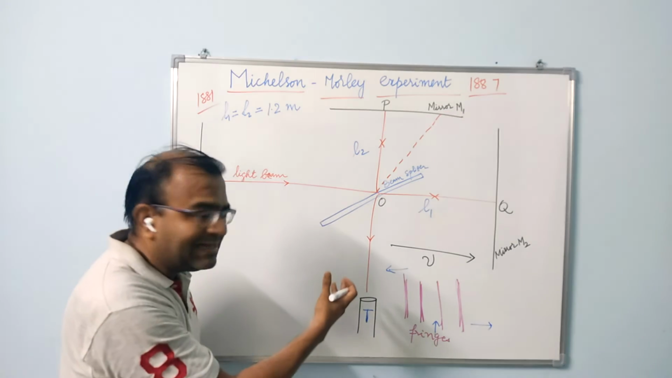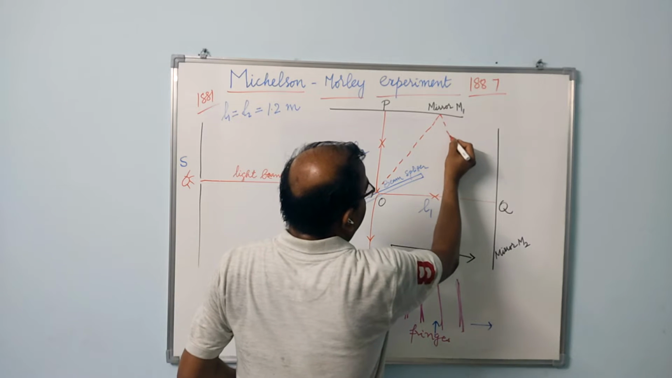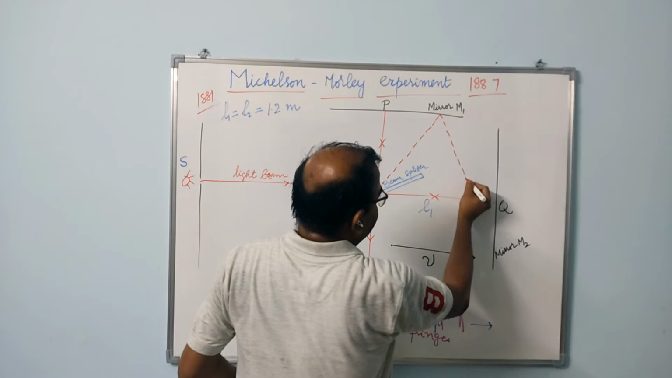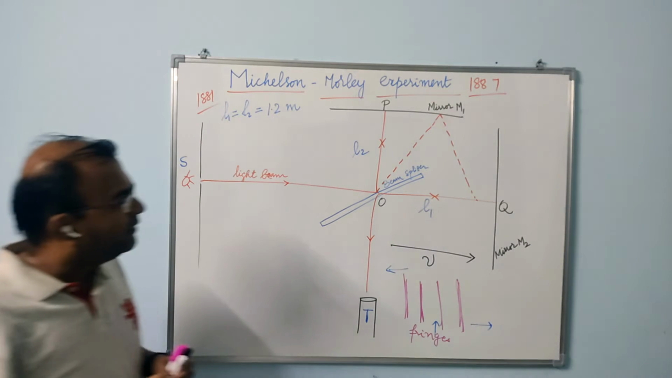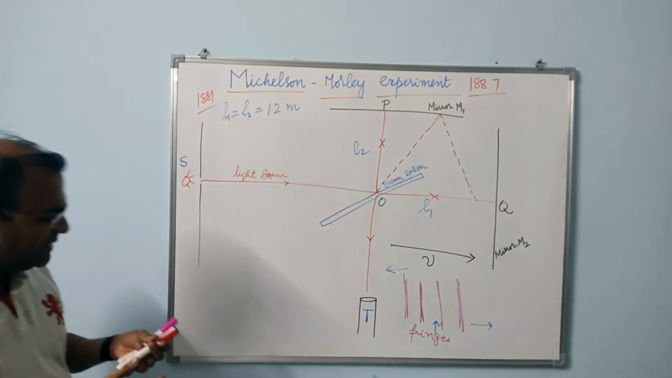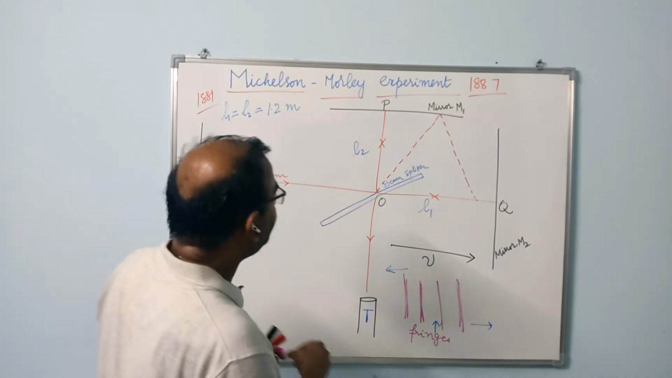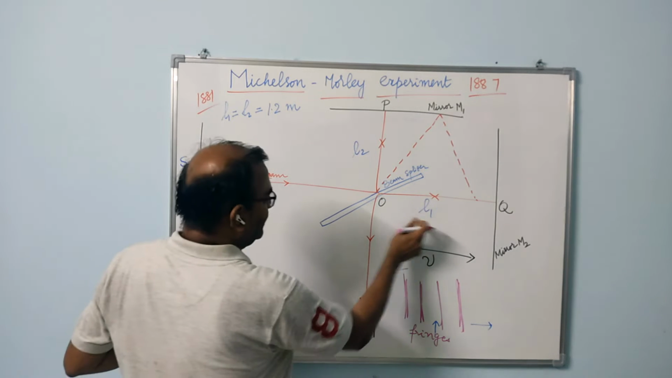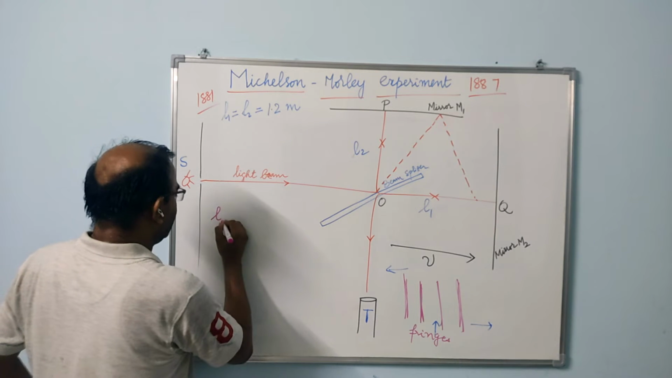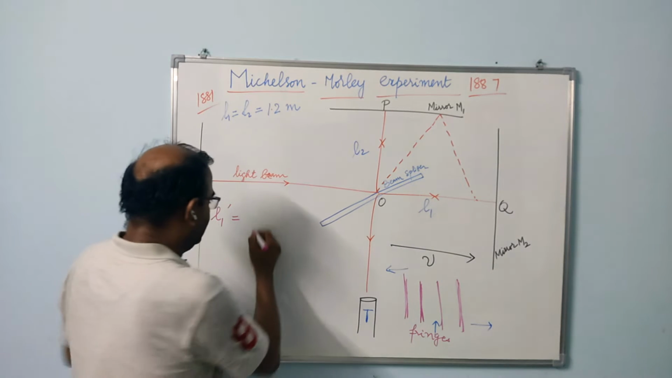This is a bit exaggerated, but this is the actual way the beam travels. So if you have to modify, this distance gets changed. So let me just try to write some equations for this. This one changes, let's say, so I call that L1 prime. That would be equal to L1